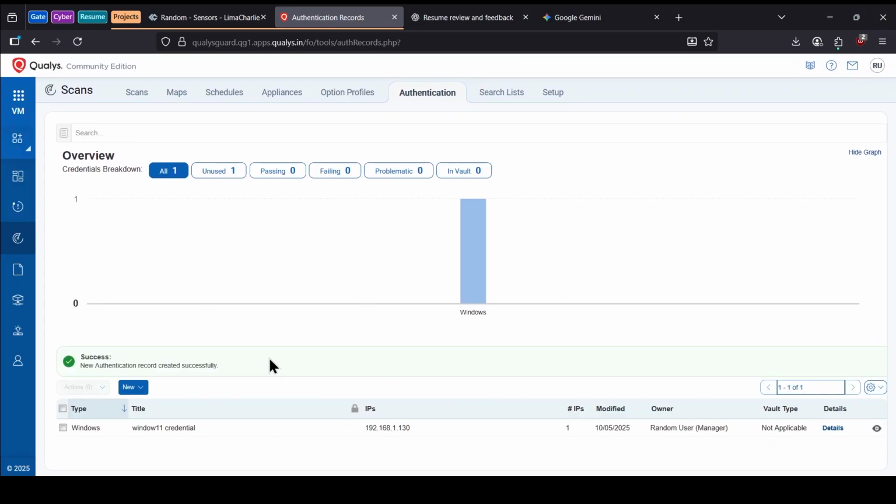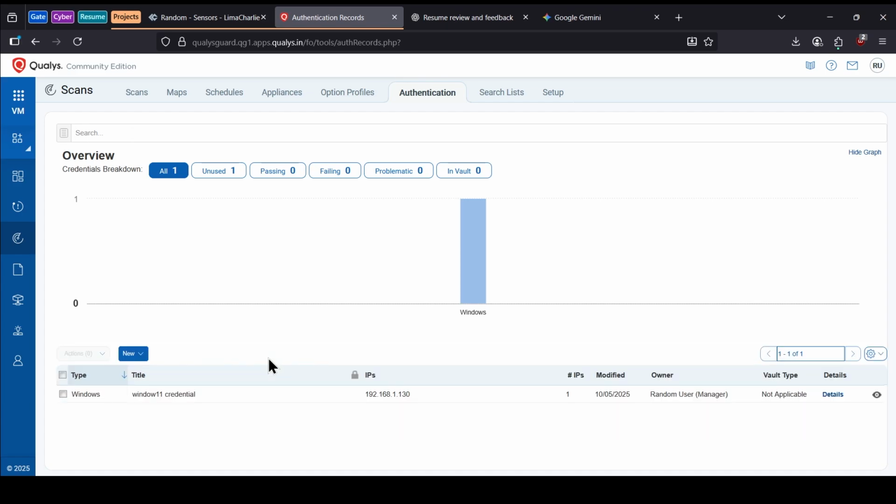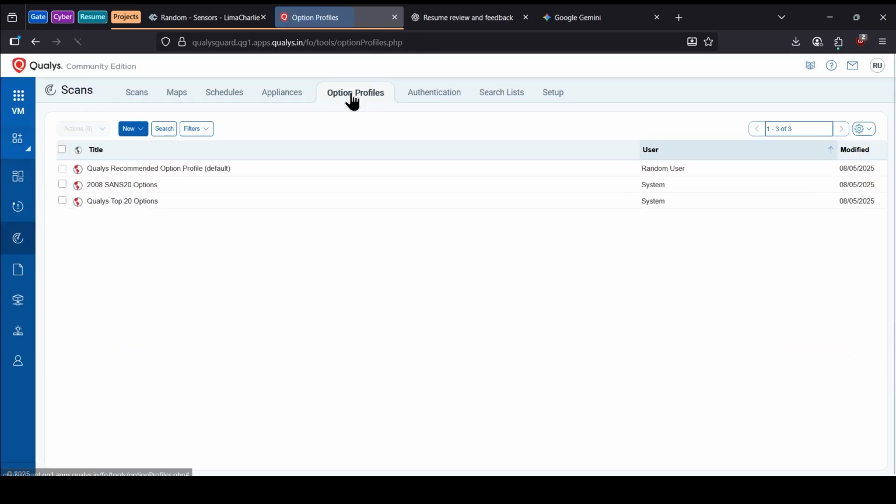Now that it's been saved, we will go to do other things. We will go to the option profile, and then we will go for the new. Let's provide a new title. Let's say deep scan, I guess. Scan, and we'll go to the scan,